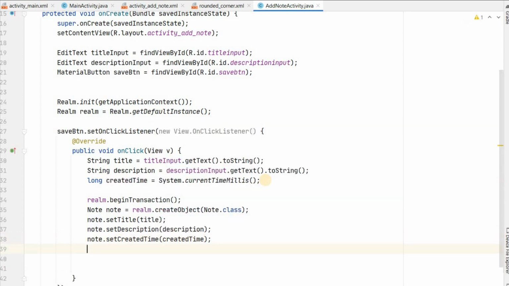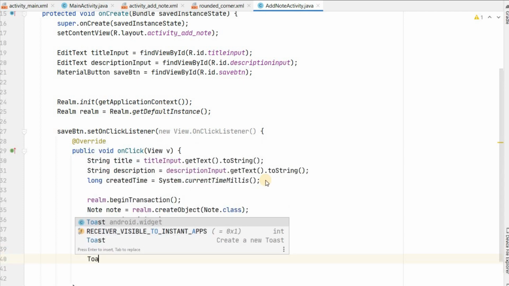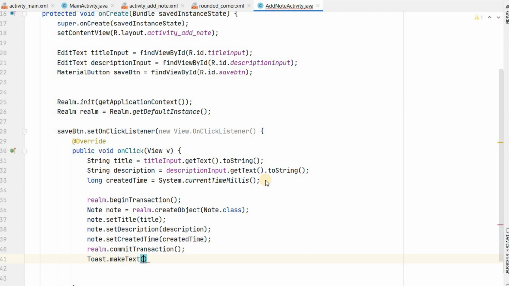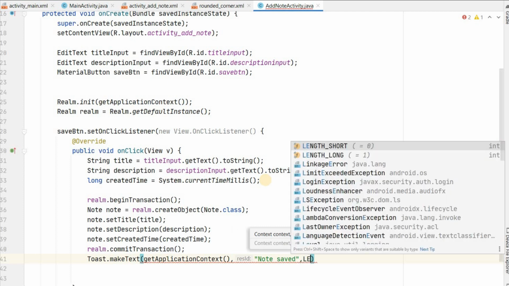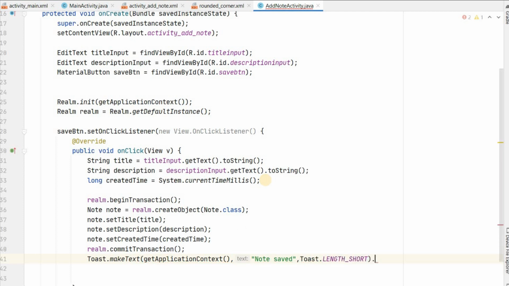So we have all the properties in note. Then we will commit the transaction and we will display some message to the user. Toast.makeText, getApplicationContext, note saved, length short, dot show.